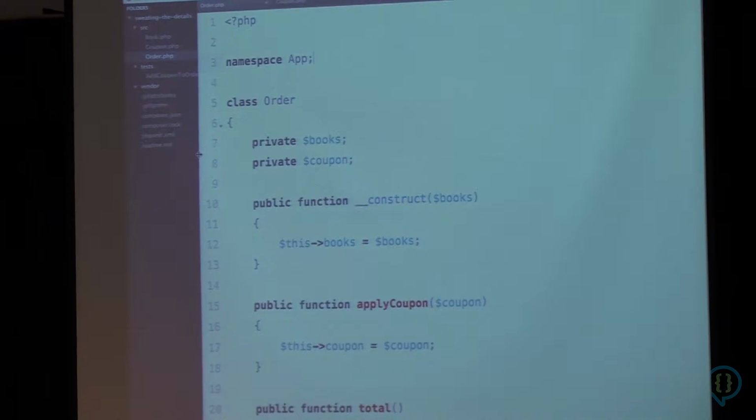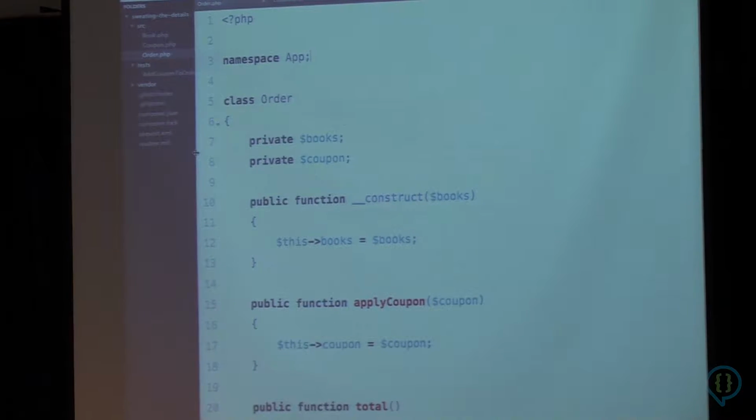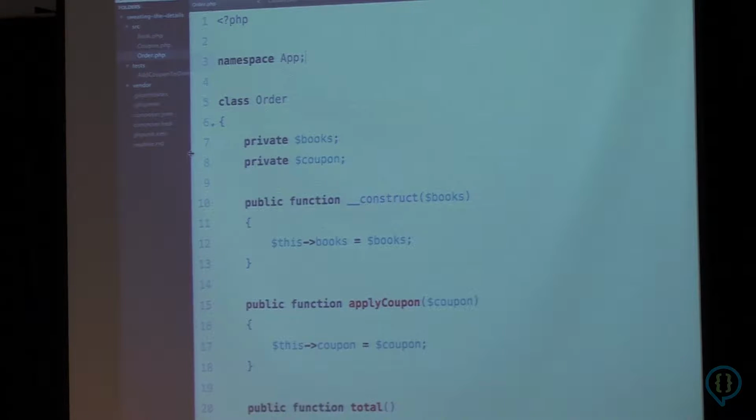So imagine we're working on an imaginary book purchasing platform where people can buy ebooks online and add them to their cart and check out. One of the things people need to be able to do is apply coupons and get discounts. I'll walk you through a little bit of simple code here and show you what we have in place, and then talk about some new features that we need to add and how we might go about adding them while trying to keep this code clean as we do it.